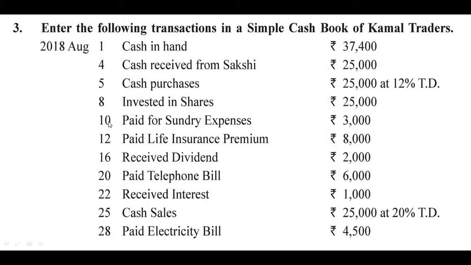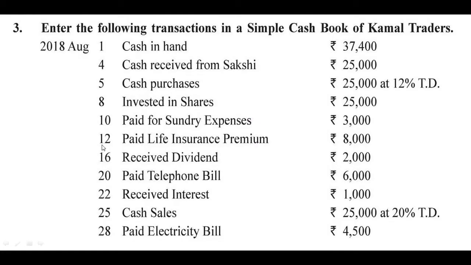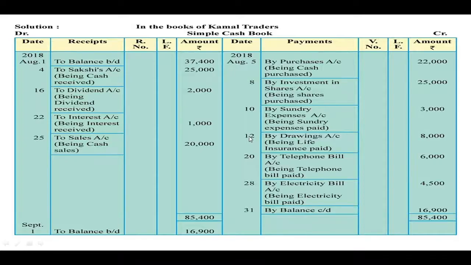Then 10th August, paid for sundry expenses, rupees 3,000. Sundry means total of all the petty expenses, small expenses. Now, this is also expenditure, therefore it will be recorded on the credit side, 10th August, by sundry expenses account 3,000. Then 12th August, paid life insurance premium 8,000. In this transaction also cash goes out of the business, therefore it is recorded on the credit side, 12th August,